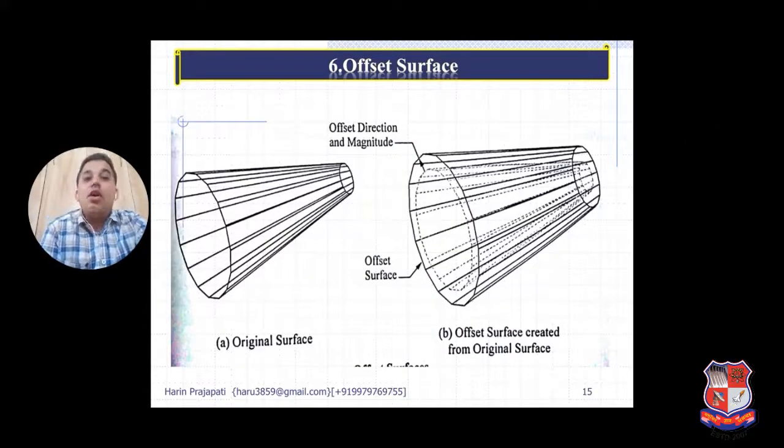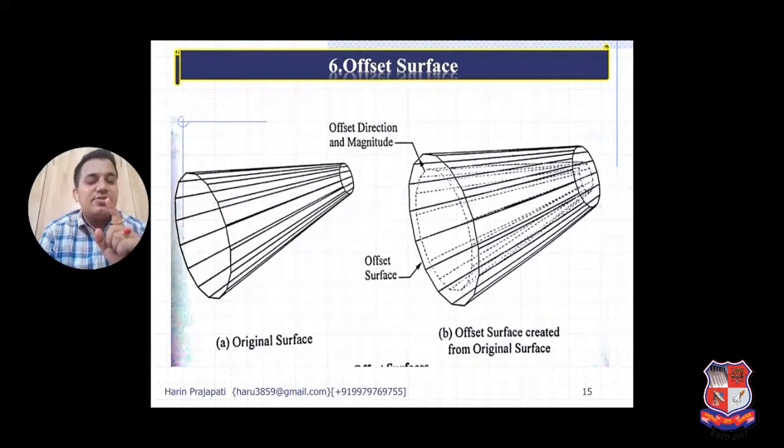Now another is the offset surface. Here I would like to discuss something important: when we learn surface modeling, one important point to note is that any surface does not have thickness. If there is thickness, then it is solid modeling.